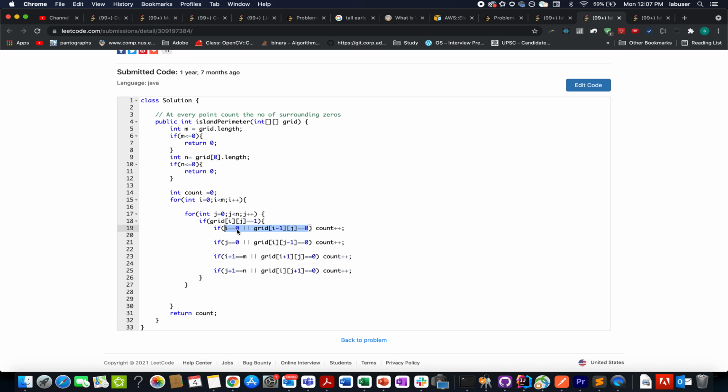Also, these conditions, i happens to be equal to 0, j happens to be equal to 0, i plus 1 happens to be equal to m, j plus 1 happens to be equal to n. These are also 4 conditions that will help us identify the boundary state. If any of these conditions are met, I simply increment the parameter and I simply return this count.